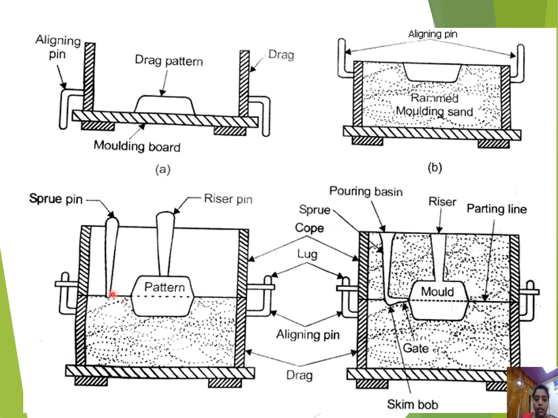After that, we will take the sprue pins. We did all this in the lab, as I already know. This is the sprue pin and this is the riser. These are the main parts in the casting process. After that, the whole process goes like this, as shown. This is the whole casting process, students. I think you can understand everything from these diagrams. Okay, thank you, students.